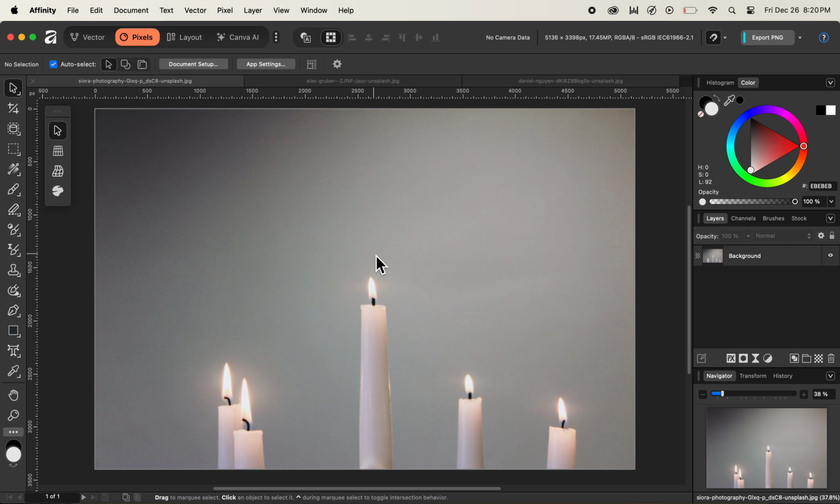In this video, we'll be looking at the Inpainting tool that is available in Affinity in order to remove different